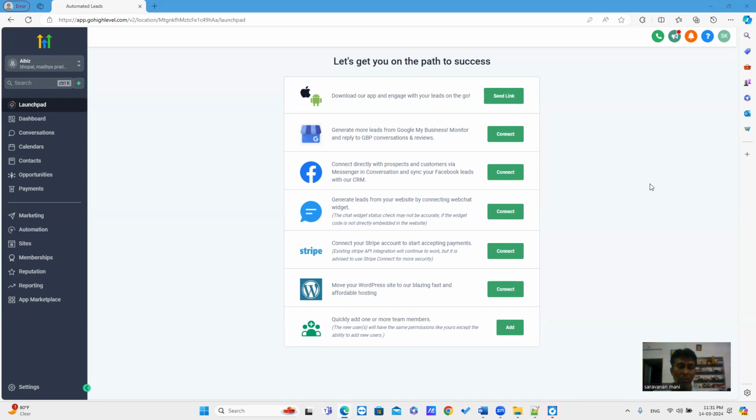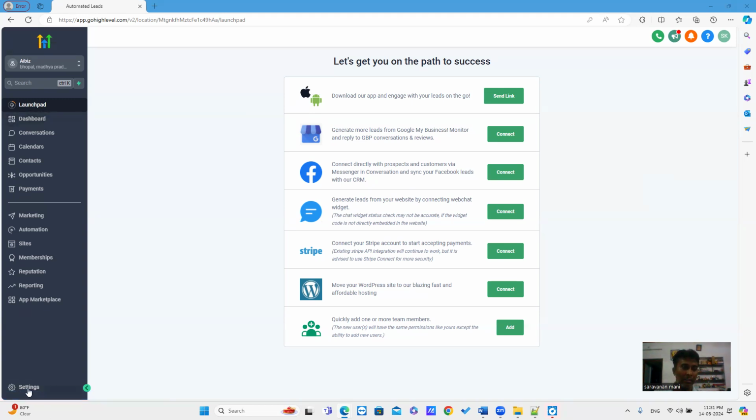Suppose the sub account has their own domain, then they can connect it via the branded domain option. Branded domain is related to your sub account only, and payments, links, and calendar are related to your branded domain. Suppose you do not have a branded domain, then all your payments, links, and calendar are related to your agency domain only. First, go to your Go High Level sub account,